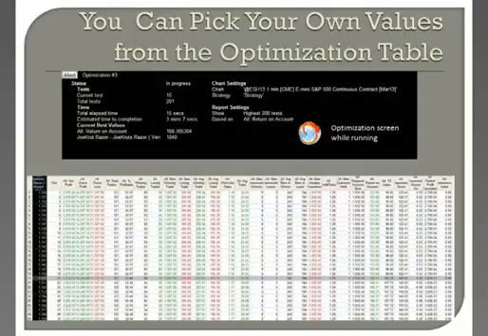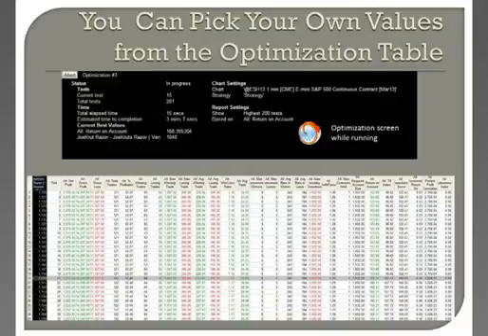Neural nets are basically optimization tables that you can't see. The best neural net in the world is the one between your ears. And TradeStation has a big advantage because when you do an optimization, you get to see transparencies, like what we want in the government. It's transparent. It lets you see what happens if you do any one of these different things. And for instance, this one outlines the best one it picked was $3,252.